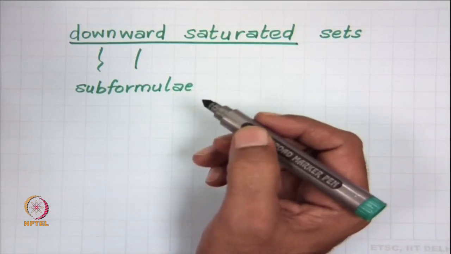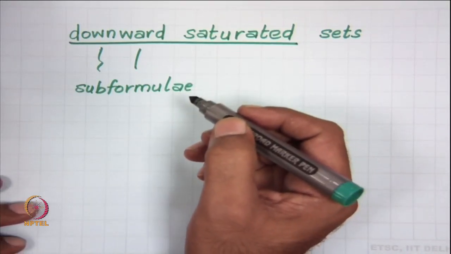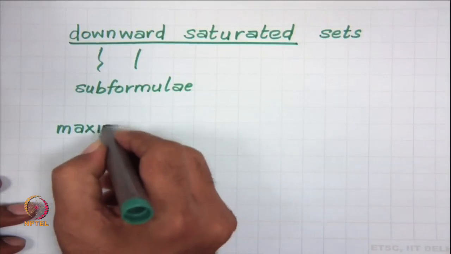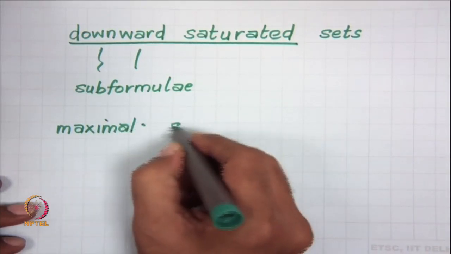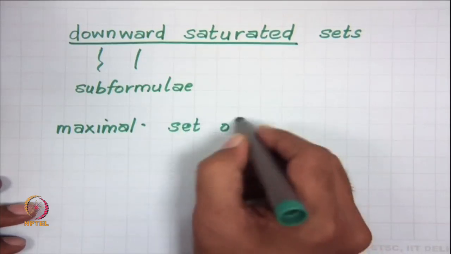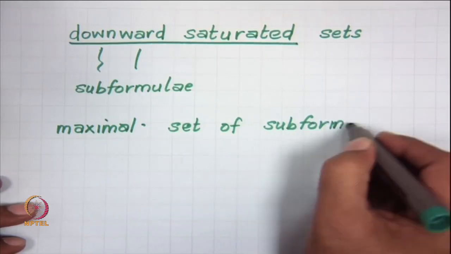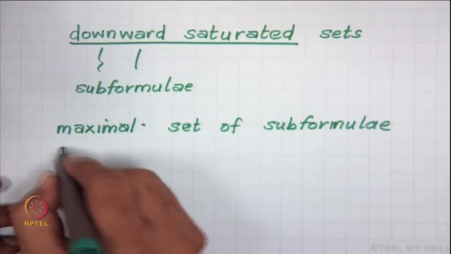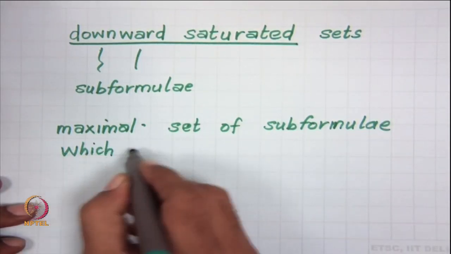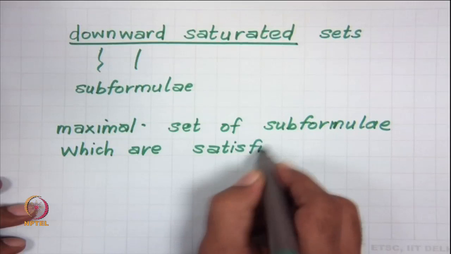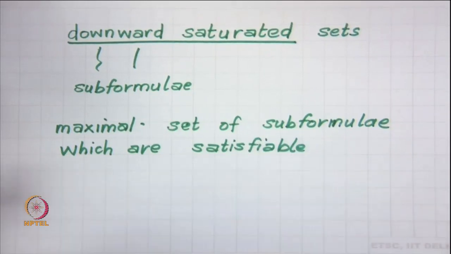The motivation for constructing Hintikka sets is actually to look at some maximal set of subformulae which are satisfiable. So, if a set gamma is satisfiable,